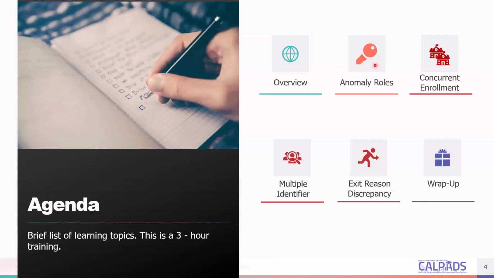And then we'll review how to add and manage anomaly related roles within your accounts to ensure proper access and responsibility. And then we'll walk you through how to identify, analyze, and resolve concurrent enrollments, MIDs, and ERDs.